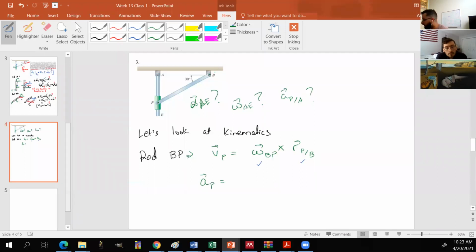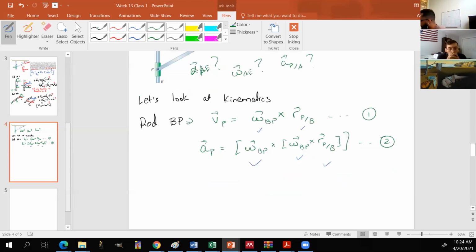So the only term you have in here is omega BP crossed with omega BP crossed with R of P relative to B. Again, everything is known. Now, knowing exactly what point P is doing, you can use that to find out what's happening in the rod AE. That's just what we've been doing in kinematics. So if I call this expression 1 and this expression 2,